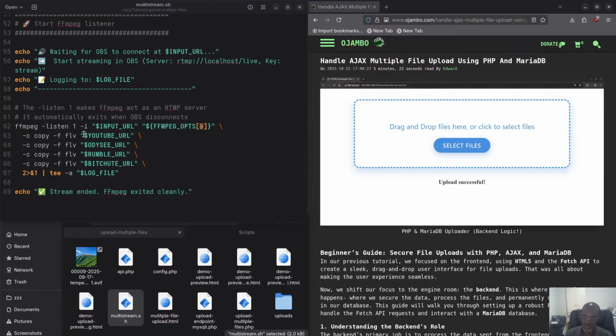FLV, that's the streaming protocol command or option. You see the YouTube URL, the Odyssey URL, the Rumble URL, and the BitChute URL. So if you have more, you just copy them down here. You could also make this a script where you could say only 2, 3, but it's just manual, it's just fast. And then after that, we also, just a second,